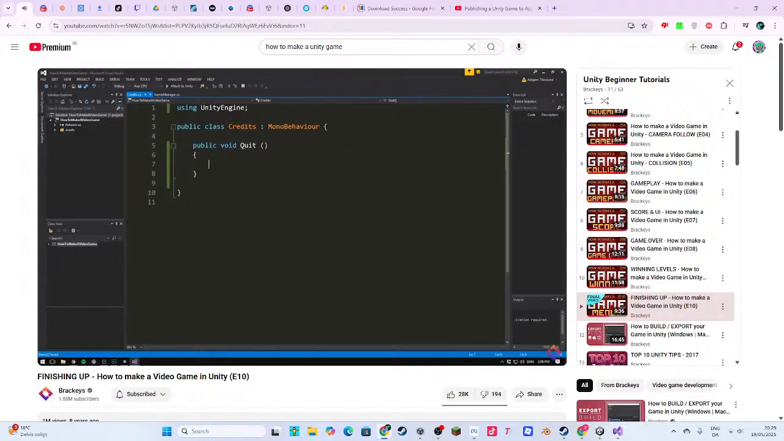We want to quit the application. So we go application.quit. And we're not going to be able to see this happening because Unity won't actually quit the game when it's inside of Unity. Only when you export it will it actually close down the window. So we'll just throw a debug.log statement as well. Let's say something